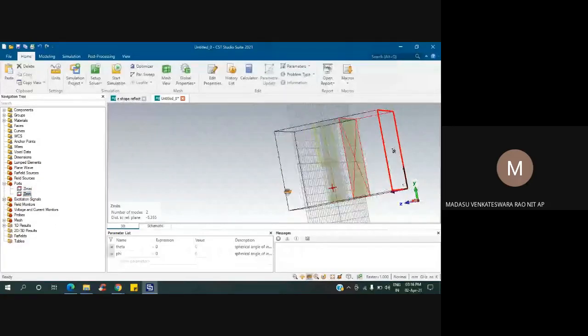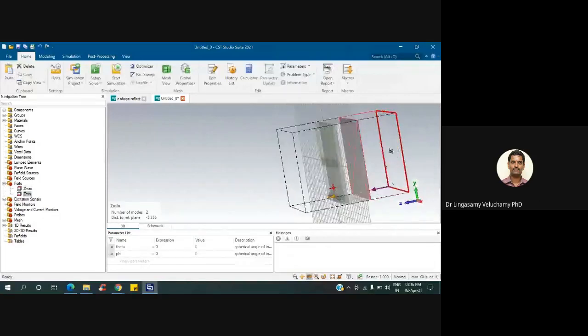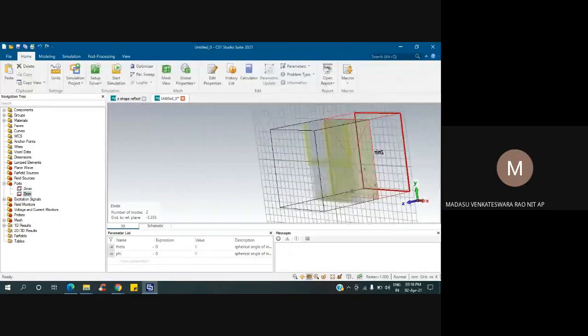Just above the unit cell, sir. We have to ensure that is one point. And one more thing: generally in a ground plane, we decide that the boundary is a perfect electric conductor. Here it is not required, sir. That option is not available, sir.